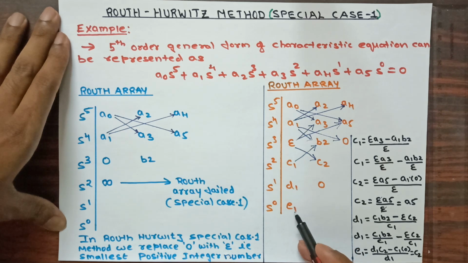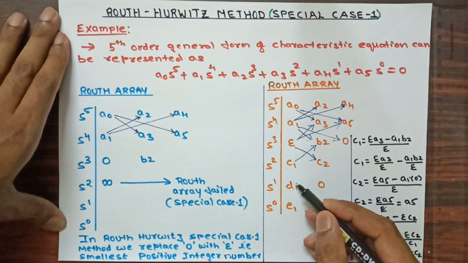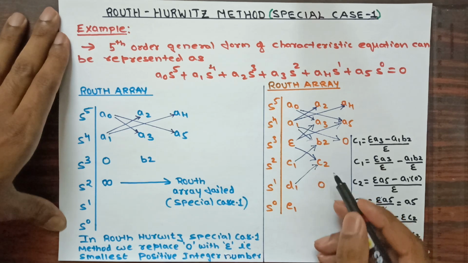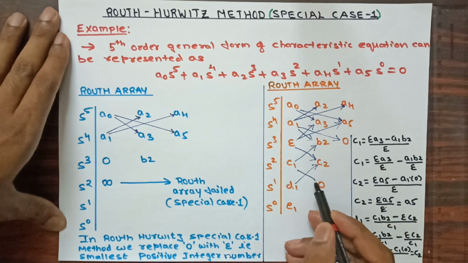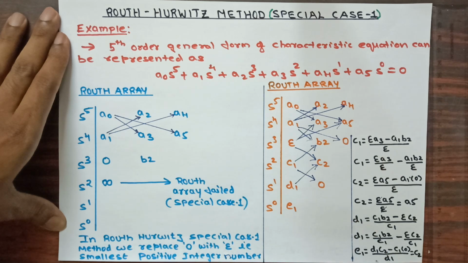Now next, to get e1, we know we are going to multiply d1 with c2 minus c1 with 0. You can see here d1 with c2 I have multiplied minus c1 into 0, whole divided by d1. So in this c1 into 0 is 0, d1 c2 by d1 gets cancelled, then I am going to get c2. So that means I am equating the c2 value with e1. I have written here e1.